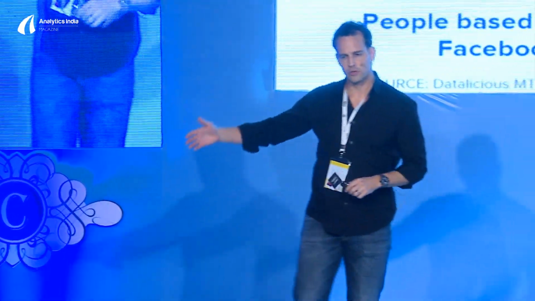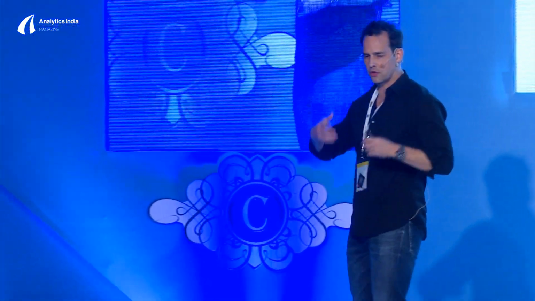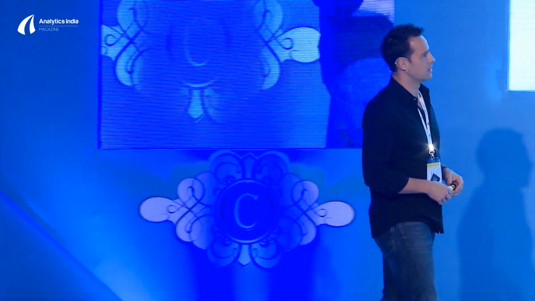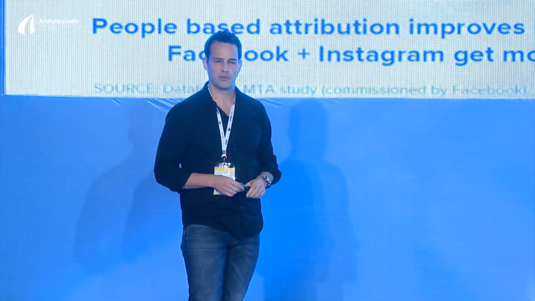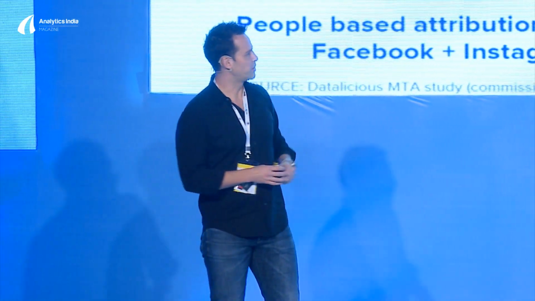Now, once I move on to what we call people-based attribution across devices, in a custom attribution world where I'm giving credit to every single touch point involved, I'm again changing the picture significantly. And suddenly I have to give, instead of 7%, more like 17% credit to Facebook and Instagram. Again, a huge change. And basically what you're looking at here is the measurement evolution that happened in marketing attribution over the last 5 years, actually the last 10.